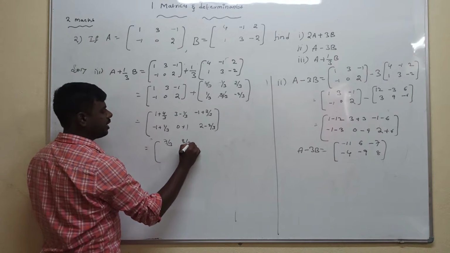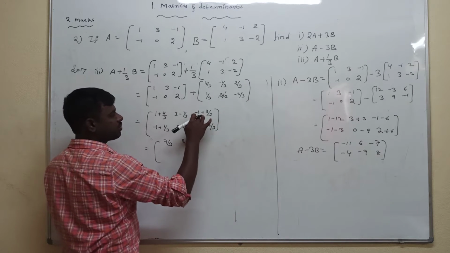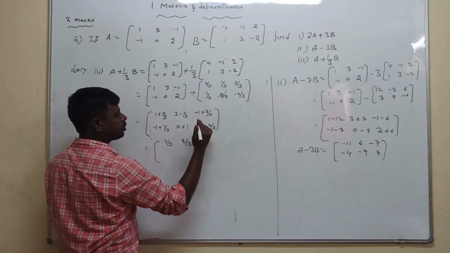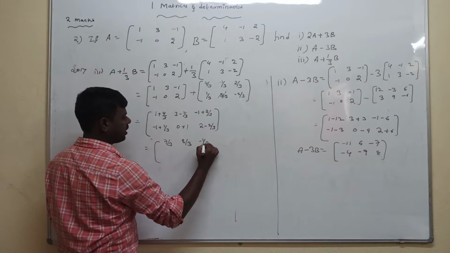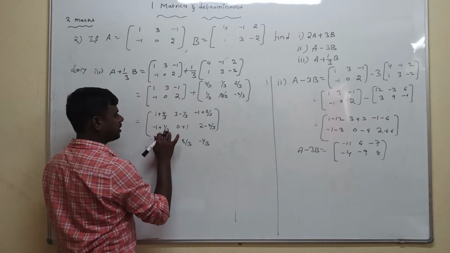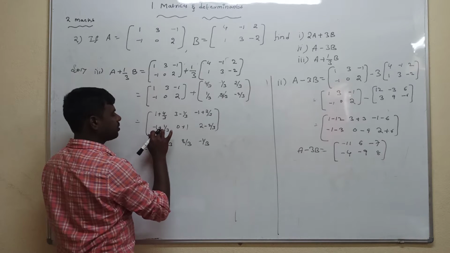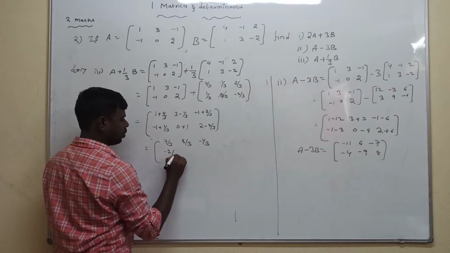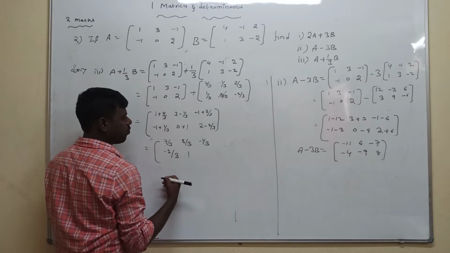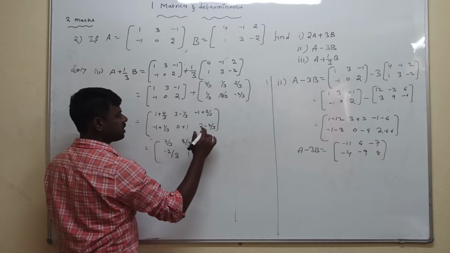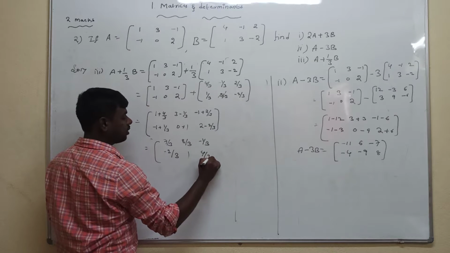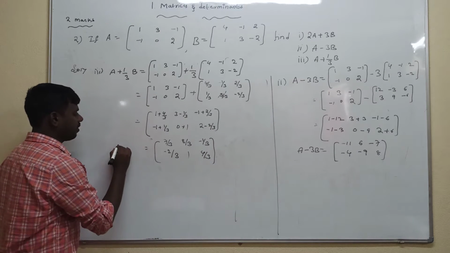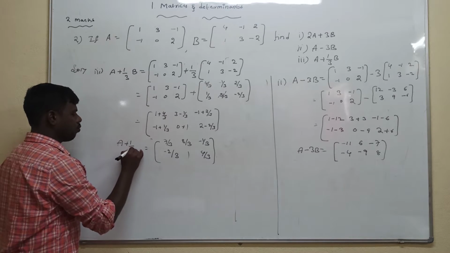So we get the answer is 8/3. 3 into minus 1 is minus 3. Minus 3 plus 2 is minus 1/3. So minus 1 plus 1/3, LCM is 3. 3 into minus 1 is minus 3. Minus 3 plus 1/3 is minus 2/3. 0 plus 1 is 1. 3 twos are 6, 6 minus 2 is 4. So 4/3. So these are the required solution of the third one is A plus 1/3